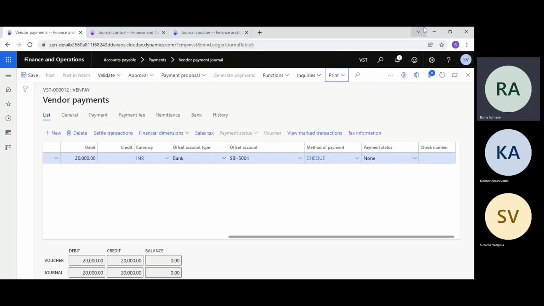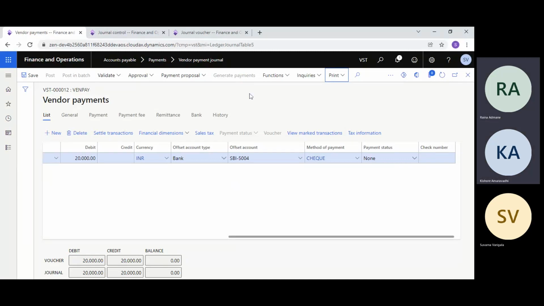Payment proposal is something we need when we have multiple vendors' payments. We need to select those payments, then go to the proposal and select all the payments we want, and they will appear here. Now in our case we are taking one example, directly one to one. Now you see that the generate payment button is still not highlighted, which we actually wanted. Just see if the bank offset is there.